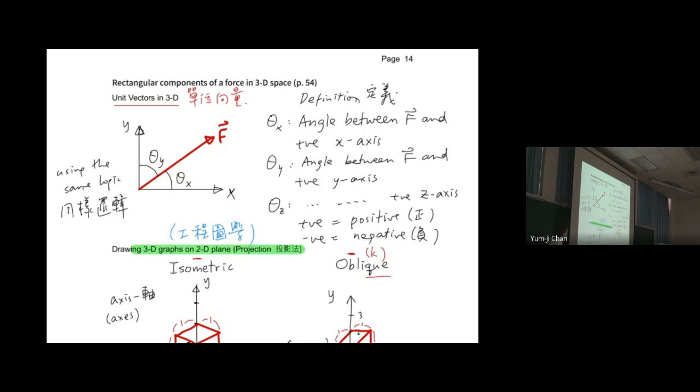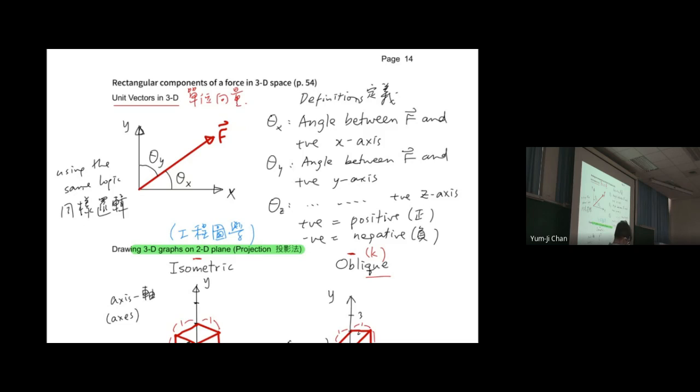Okay, and in 2D, so are you okay with this? If we are okay with the definitions,